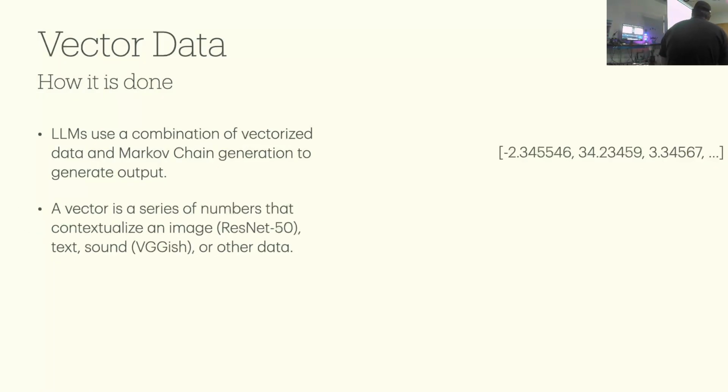A vector is a series of numbers. There are ones for images. There are ones for sound and for other kinds of data as well, right? And so you can find similar pictures. And some of these are designed to look for similar style. And some of them are designed to look for things like, does it have a cat in it or not? Exactly, which is pretty wild. It just blows me away, right?